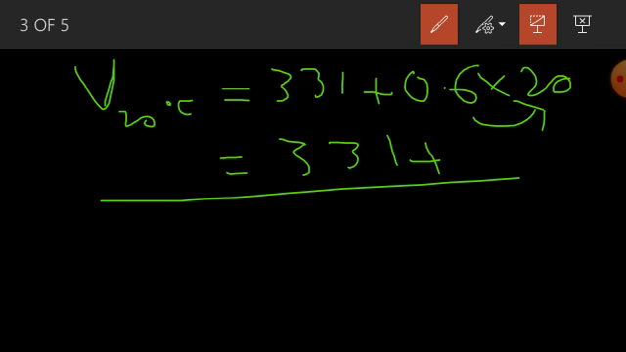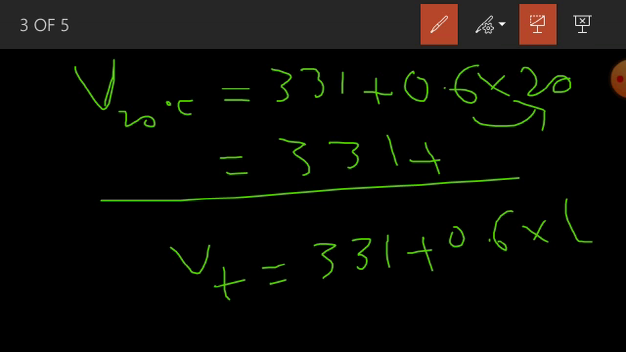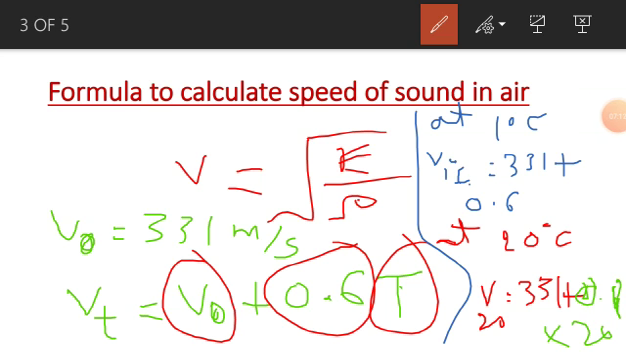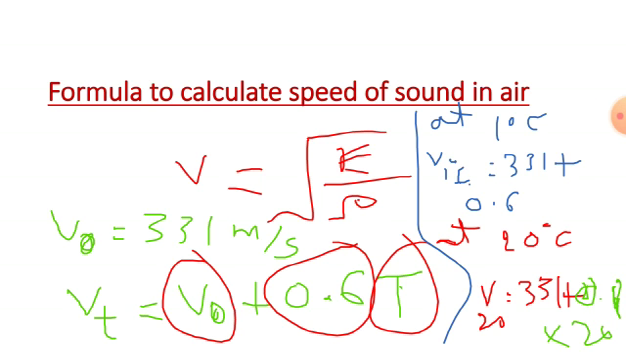So speed of sound at any temperature will be equal to speed of sound at 0 degree centigrade, that is 331 meters per second, plus 0.6 times that temperature, value of that temperature T. So by using this formula we can find the speed of sound at any temperature. किसी भी टेम्परेचर पे स्पीड ऑफ साउंड इन एयर हम फाइंड कर सकते हैं। ठीक है, इसको आपने याद रखना है, इससे बहुत से न्यूमेरिकल्स भी सॉल्व होते हैं।